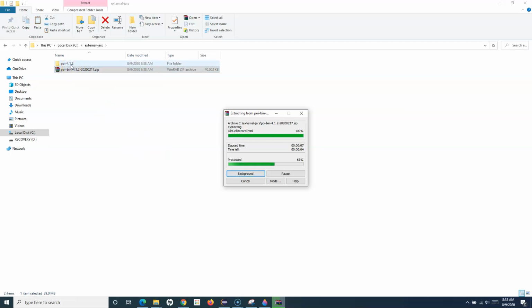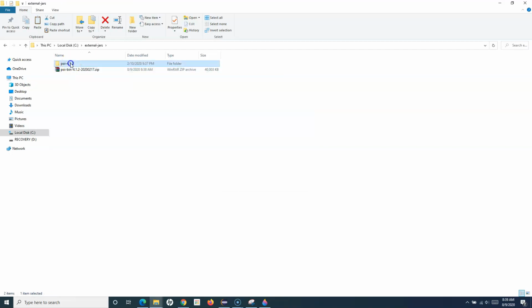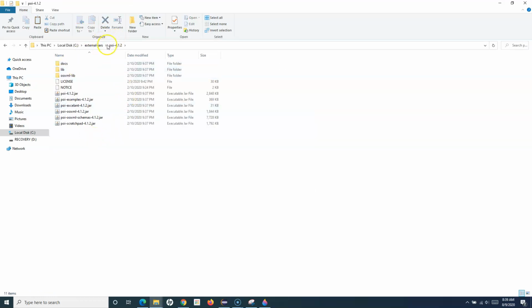This is the latest version that I have got. This version might change in future because of new releases, so whatever is the latest version, just pick that. So extraction has happened. Now if you open this folder, there are some jars here that we need to